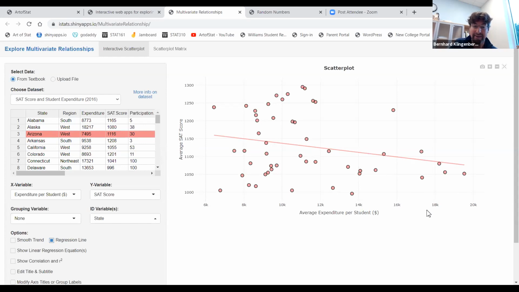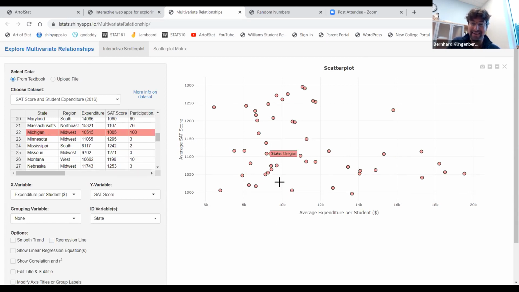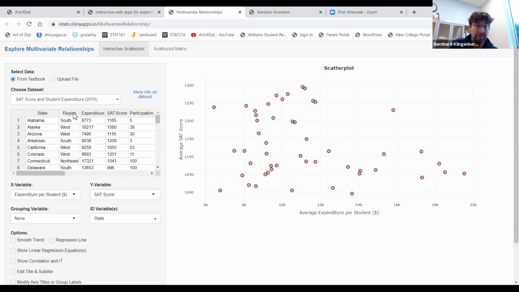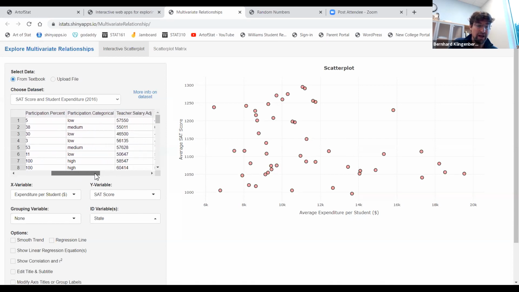That's not what we would expect if I had asked you before what the relationship would be. And so again, what's nice here is you can then say, well, let's think about confounders. Now maybe I showed you a graph earlier on what would be nice to color the dots by. There are certain other variables I'm presenting in that data set. The region, for instance, and those are just which region in the United States, but maybe one of you wants to speculate what I should choose as a grouping variable